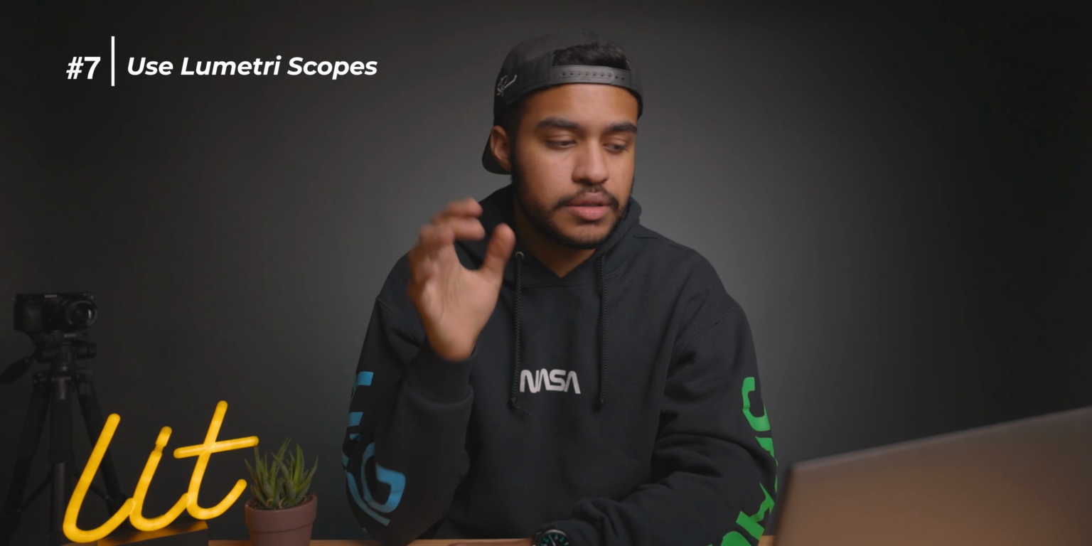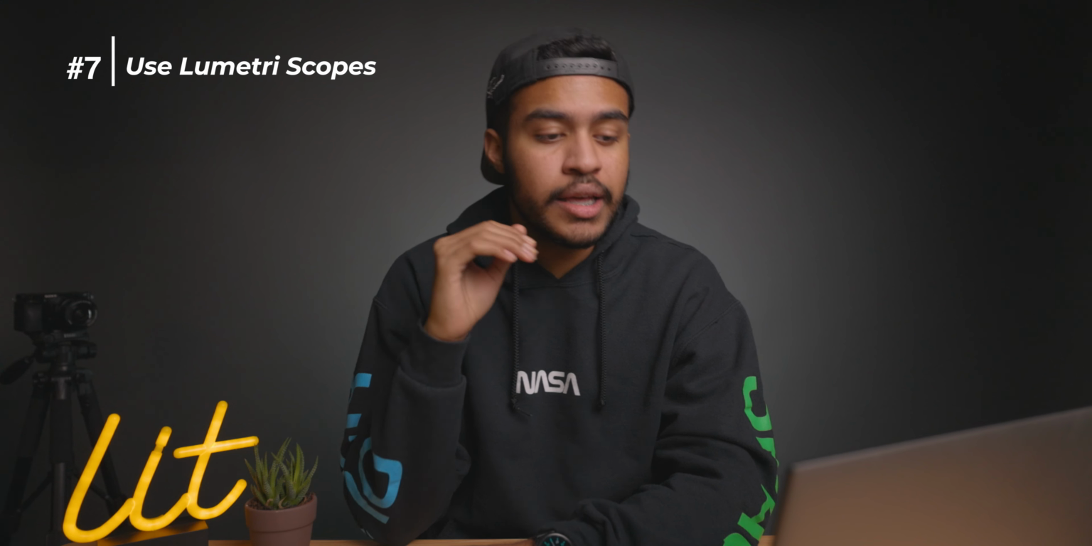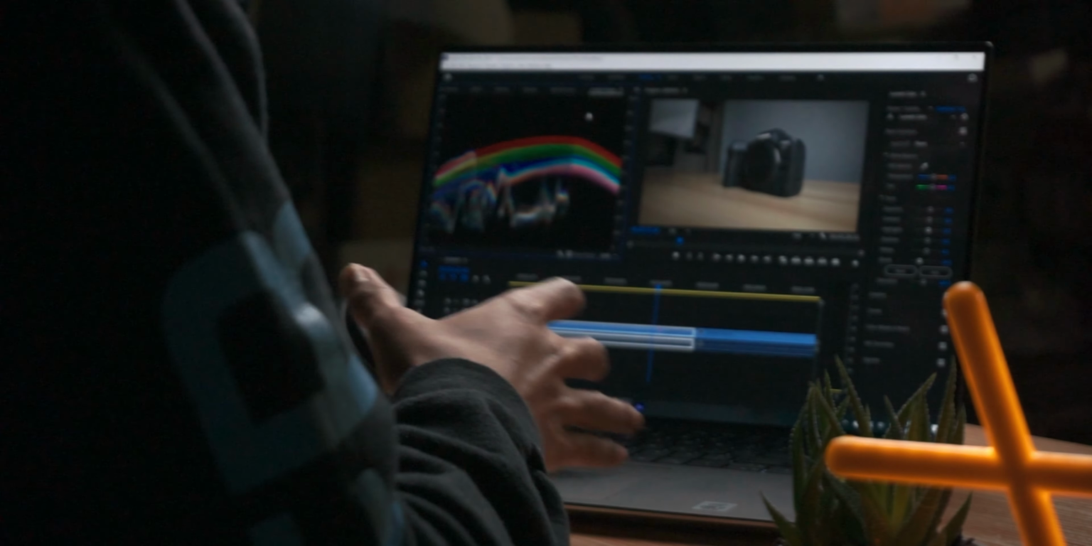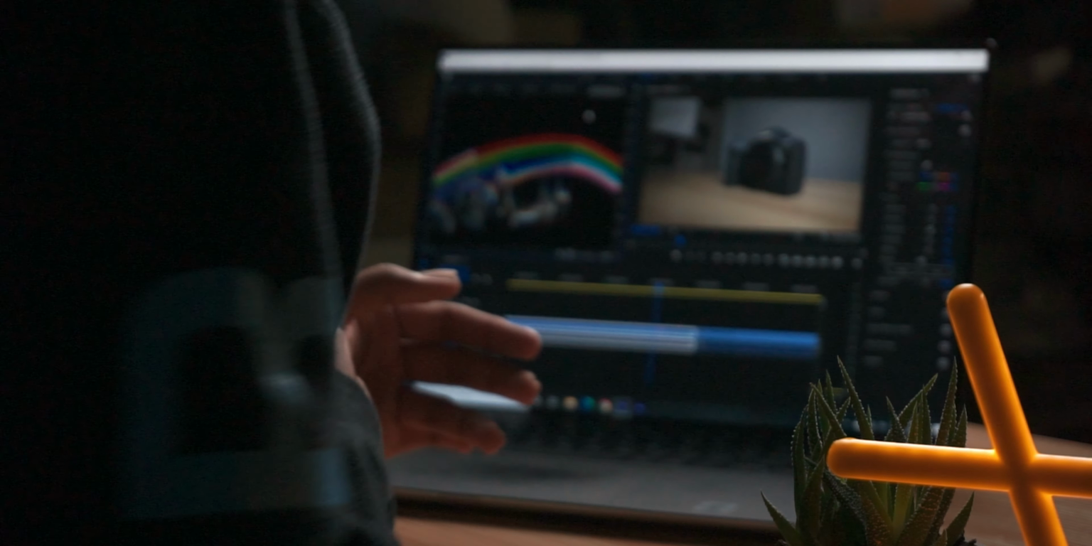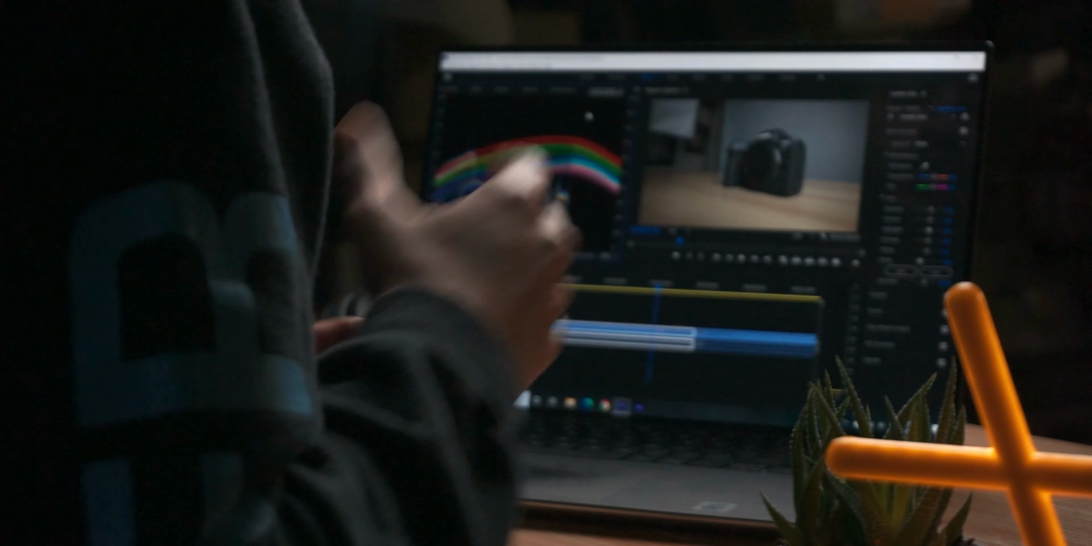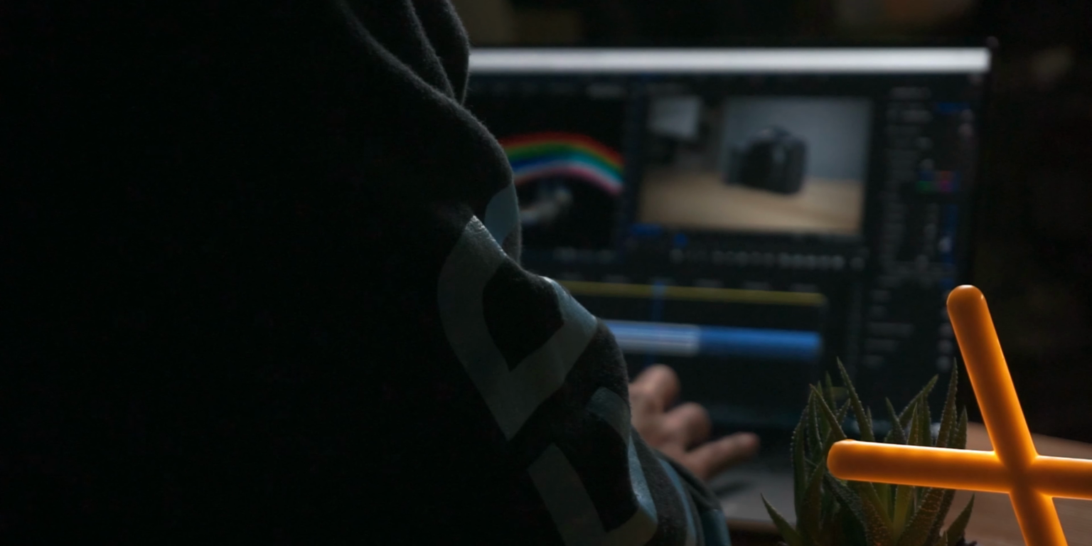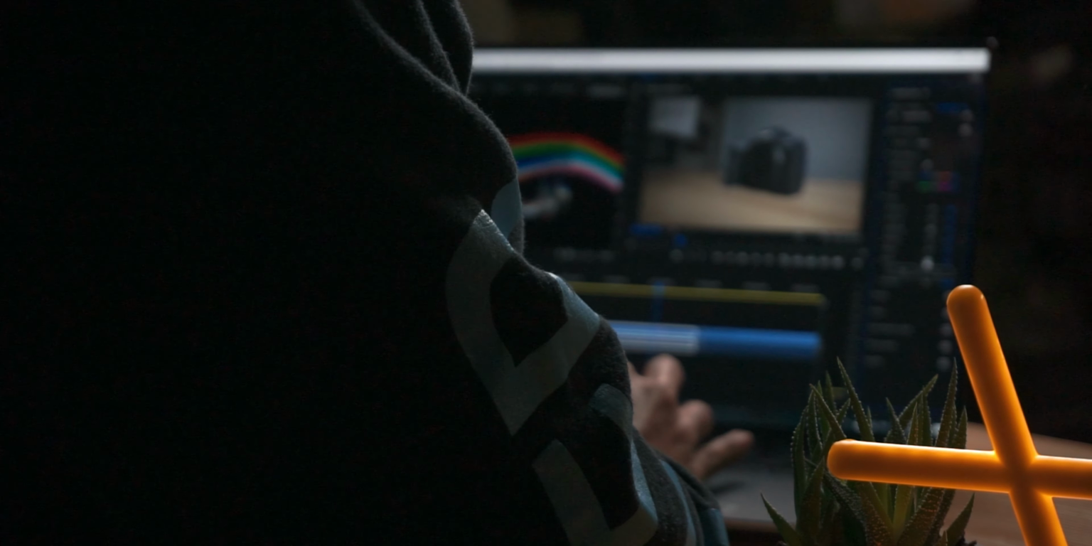Alright guys, so tip number 7 is when it comes to the color grading aspect. When it comes to color grading, I highly recommend using Lumetri Scopes. Lumetri Scopes are definitely going to help you out a lot in figuring out exactly where your video stands. So right here I have my Lumetri Scopes up, especially for this clip of me using the Canon EOS R5 to film,